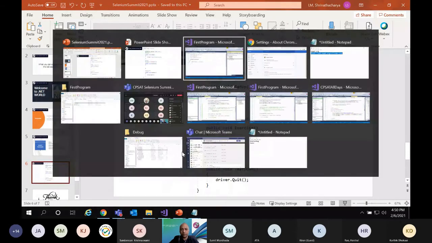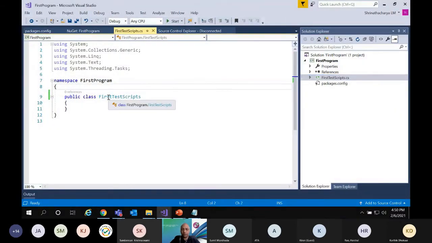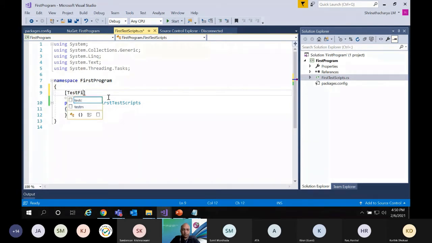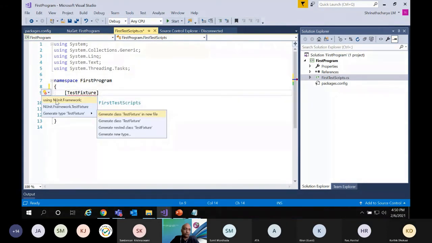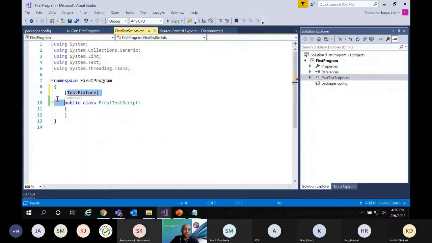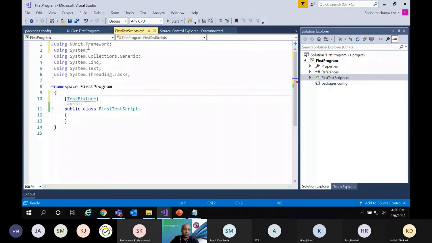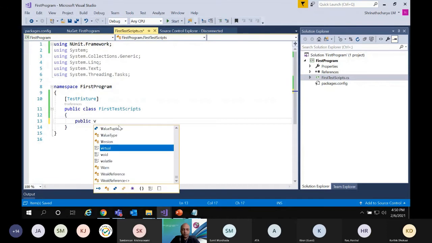Now if I go to my program, first at the class level I will add a TestFixture. It will not automatically import. If you press Control dot, it will show from which package it should be using. Now I clicked that one, and it has imported it. Next, I will have 3 methods.